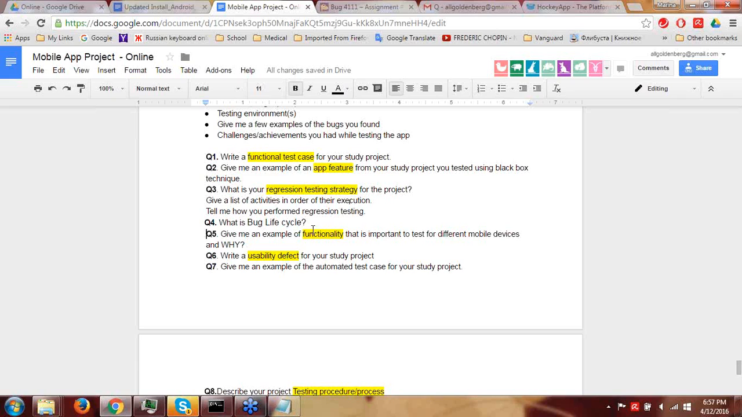What is your regression testing strategy for the project? What was your regression testing strategy? Sometimes there are different questions, or sometimes a clarification of the same question. Give a list of activities in order of execution. Do you remember, this is exactly how I provided you with the strategy for regression testing, that for each new release